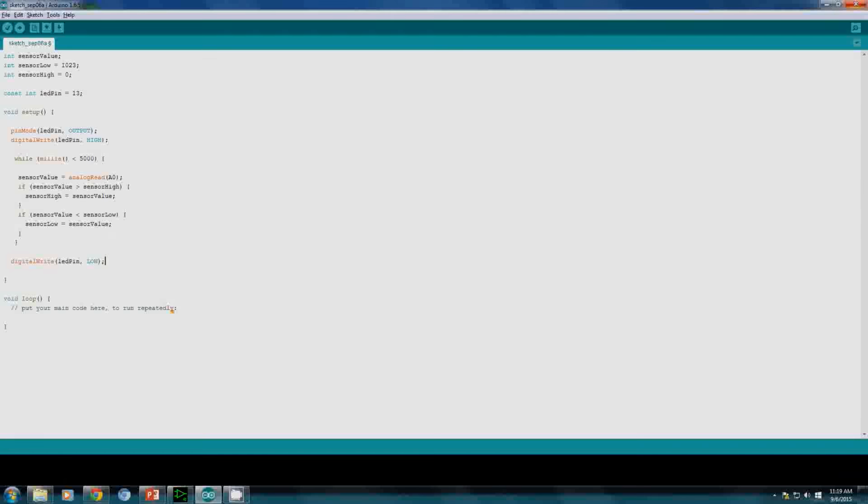All right, let's move on to our loop function. Take this line of code out and add a space. So we'll create, we want to read the sensor value. We want this to keep happening